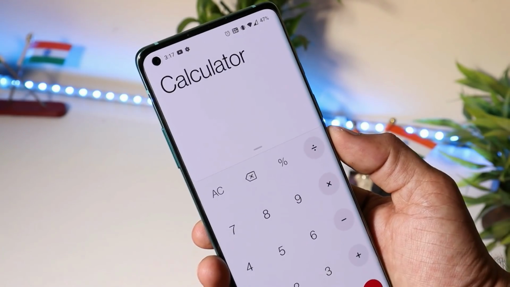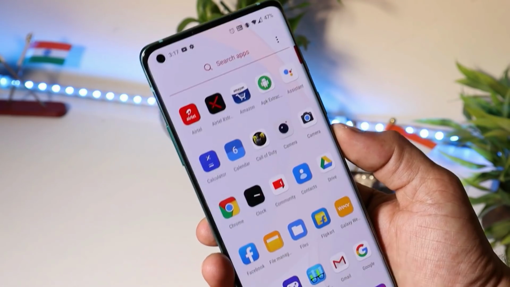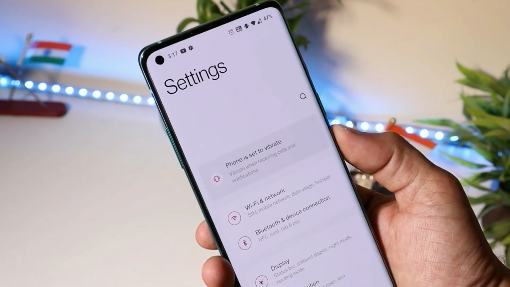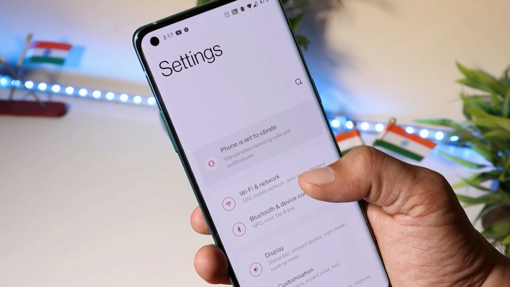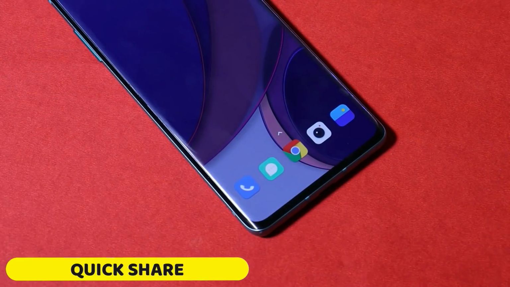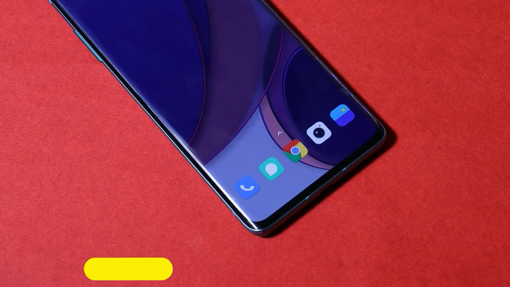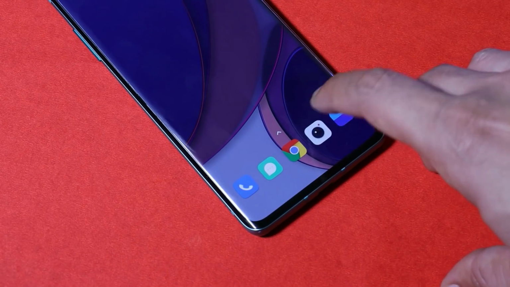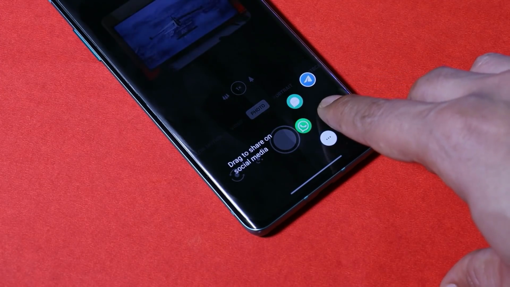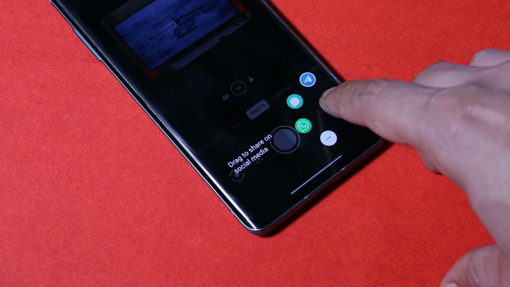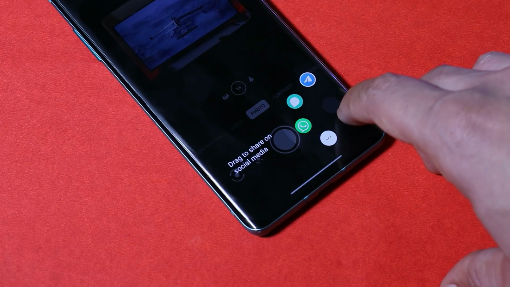As I said, most of the system apps are completely redesigned for single hand usage, and the same thing goes with the settings panel, where you can easily access the top options with your thumb. Another cool feature added to Oxygen OS 11 is Quick Share, which can help you quickly share your photos directly from the camera app by long pressing on the gallery thumbnail, where you get options of all your social media instead of going inside the gallery and then using multiple steps.